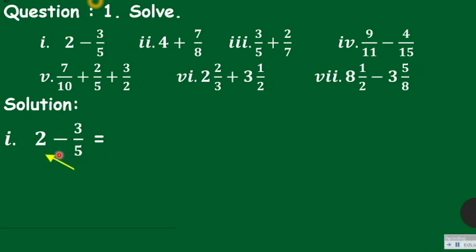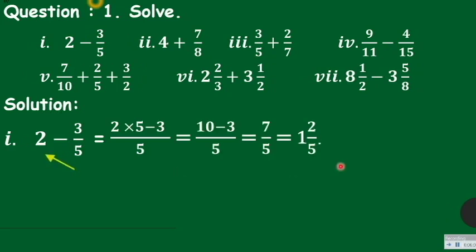I was telling you to multiply the denominator with the whole number. See, here is the solution. Now what I have done: multiply the denominator with the whole number, 2 multiply 5. Whatever the sign you have here, either you are doing addition or subtraction, if you are doing addition, put a plus sign; if you are doing subtraction, put a minus sign. And the numerator of the fraction you write here as it is, upon 5. Here in this condition, the denominator is the same.